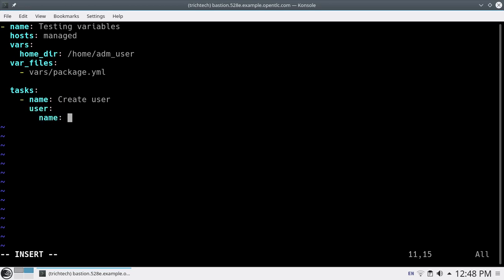We will do name, we'll put user. Now we'll put uid, that also will be a variable.